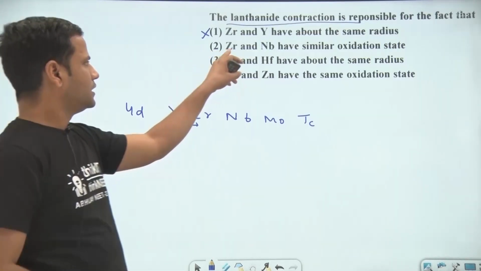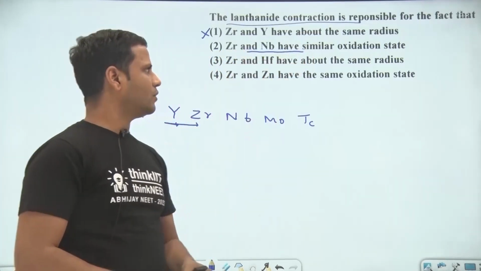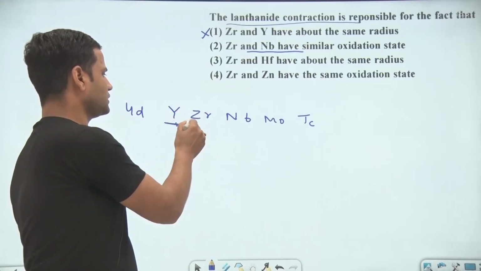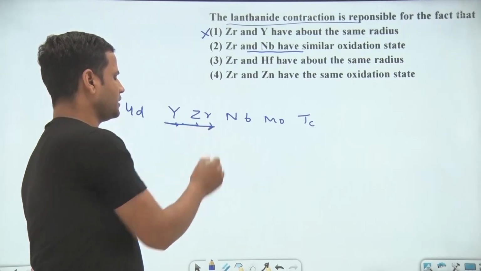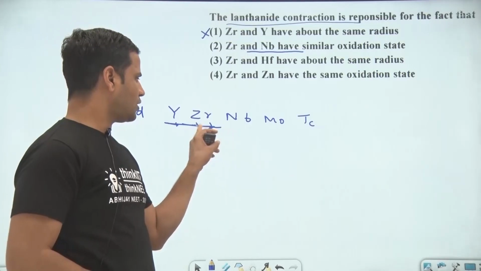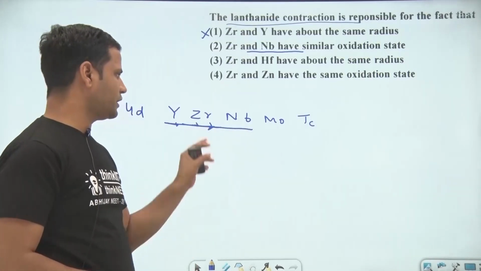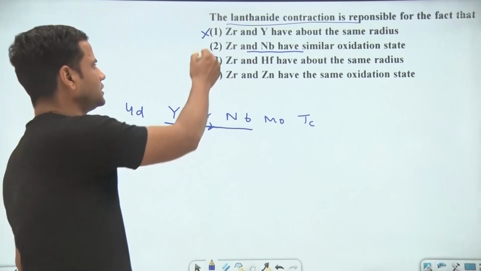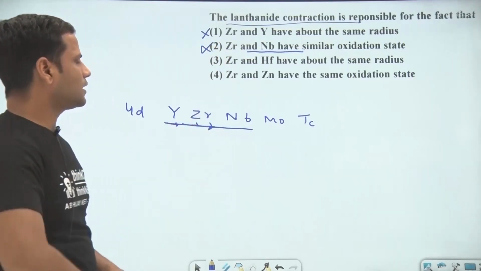Coming to the next, zirconium and niobium have similar oxidation state. This is also a wrong statement, because different numbers of electrons are found in the different elements. So the oxidation number increases from zirconium to niobium. So they have different oxidation states. So this is also a wrong statement. Coming to the next,